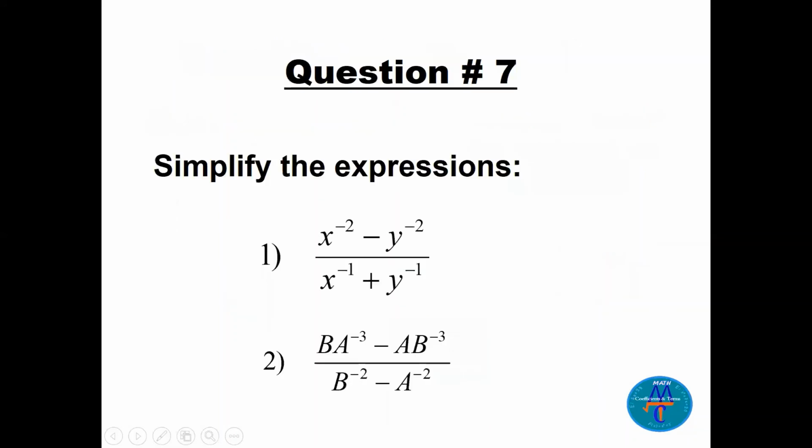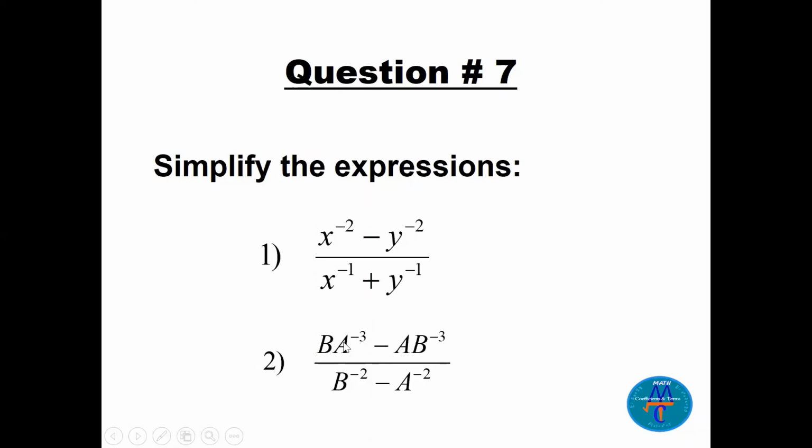Now, I wish you can try number 2, this is very nice, because it's a little different from number 1. There is a little trick I have seen many times. Big mistakes some students do. I will tell you the big mistake that some students will do. See the power here, minus 3,